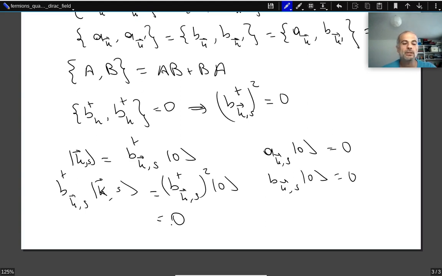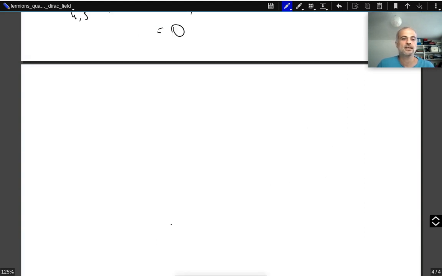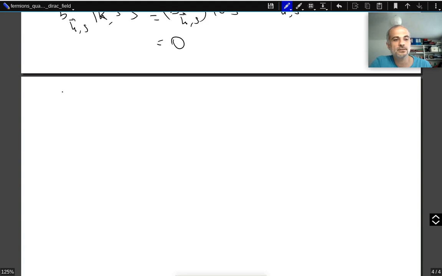In fact, momentum and spin are just some quantum numbers we could have chosen to quantize the system using some other quantum numbers. And even if we do that, we wouldn't be able to create two fermions at the same state. So this is just one demonstration of the simple fact that half integer spin particles